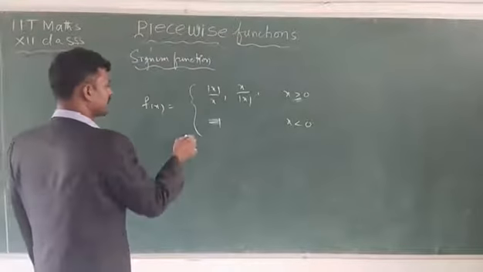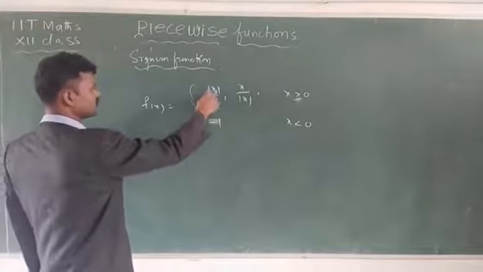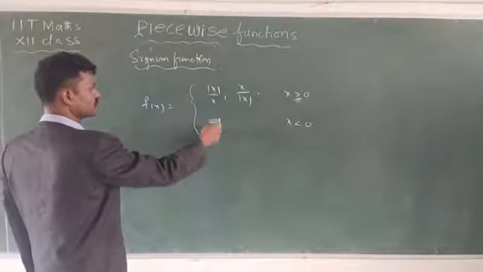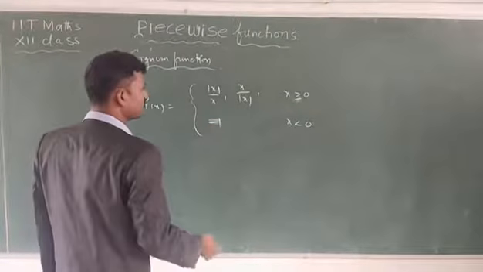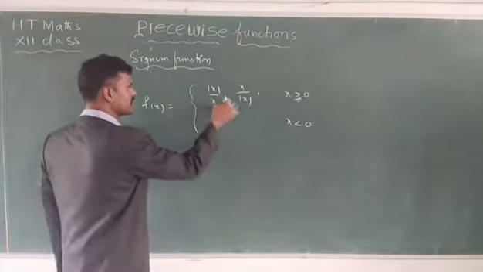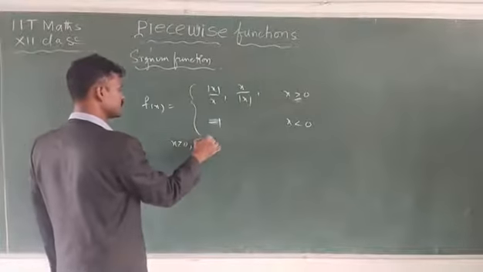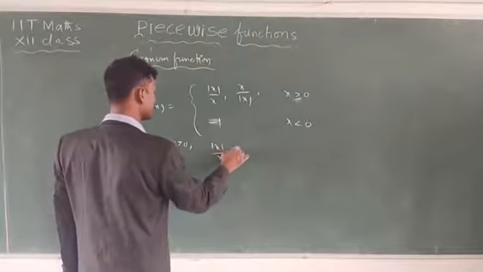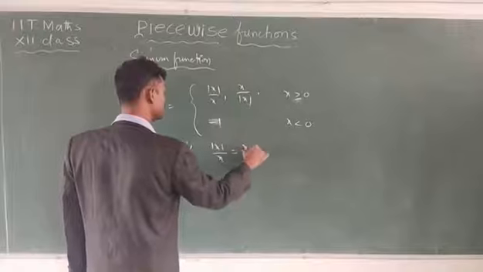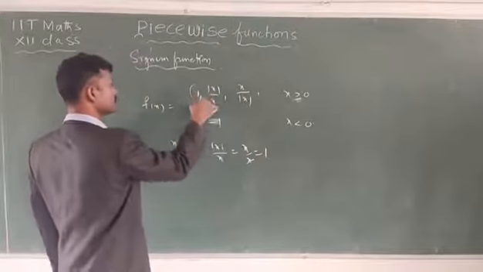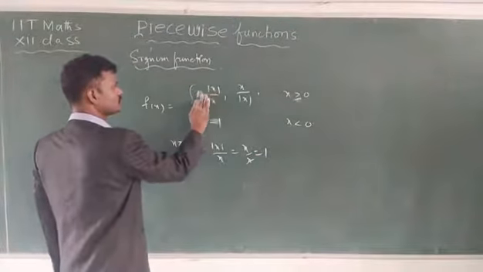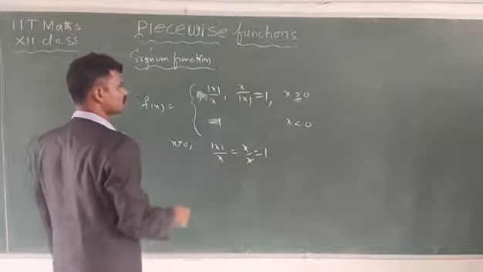See here, x minus 1 means you can take here minus means plus, here minus means minus, both are cancelled, means minus 1. Okay, a small doubt also came: you can take here x greater than 0. X greater than 0 means modulus of x by x is x by x, which is equal to 1.